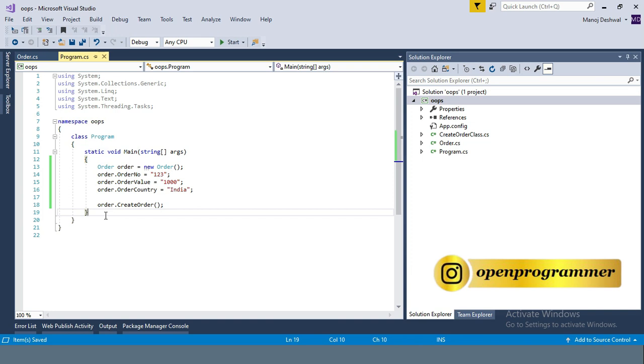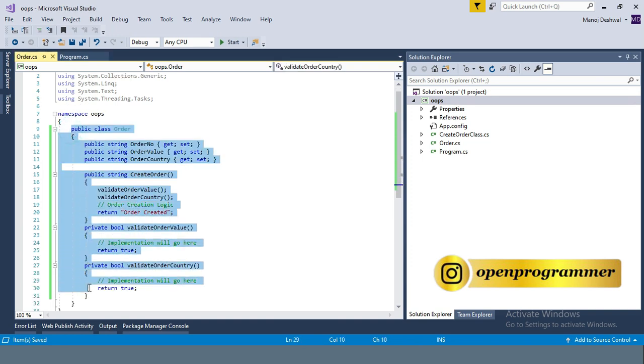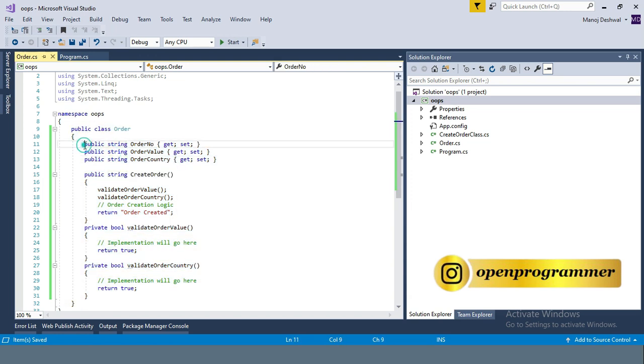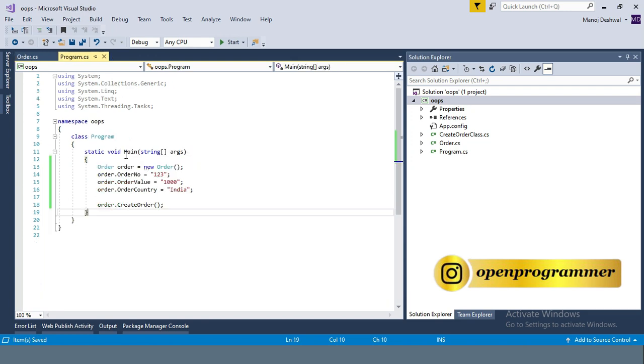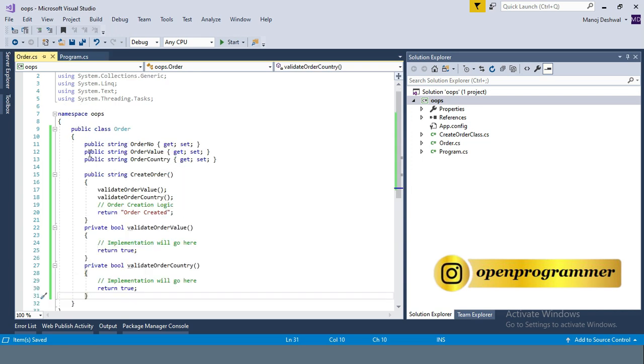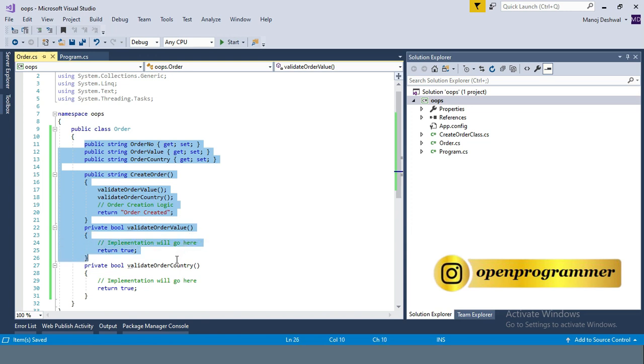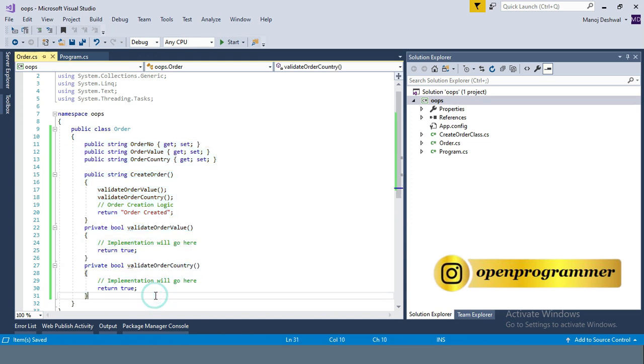Okay, so this is about what is essential, or what is the minimum part we can show to the rest world, that is encapsulation. Like earlier there were three functions, and right now it is a single function, so that is encapsulation. And what are the things required to create a module? That is abstraction. Like what are the properties, what are the functions we need to create a module? That is related to abstraction. So I hope you have cleared both the terms, like what is abstraction and what is encapsulation.